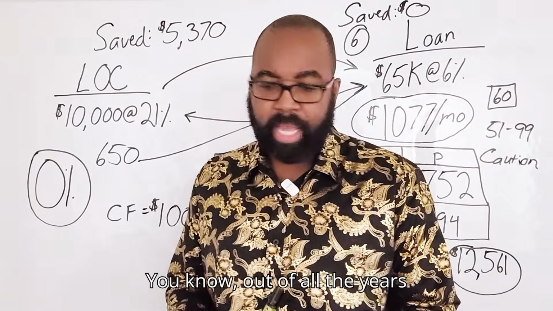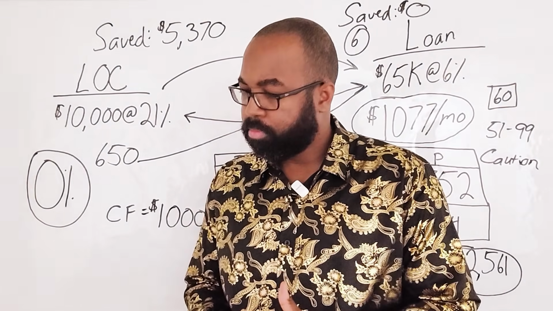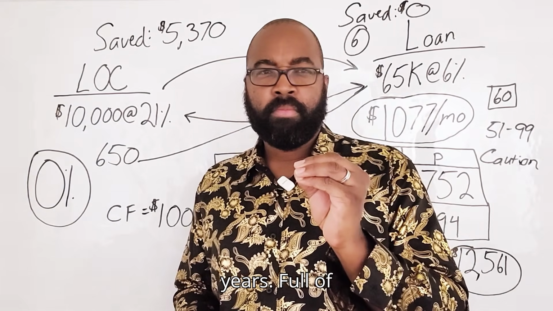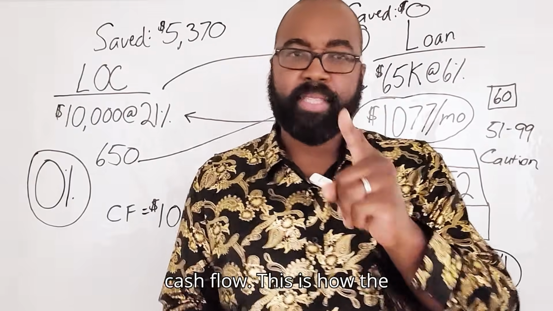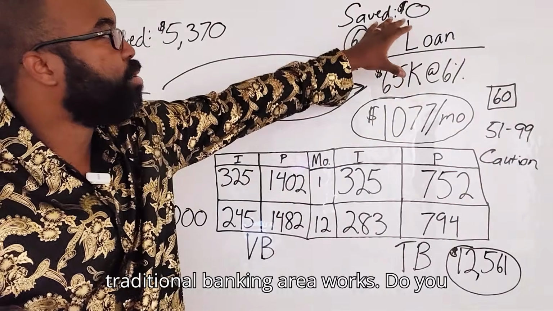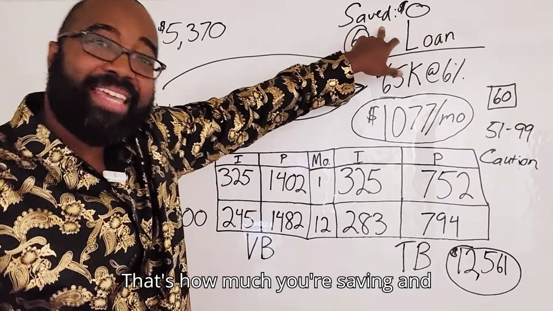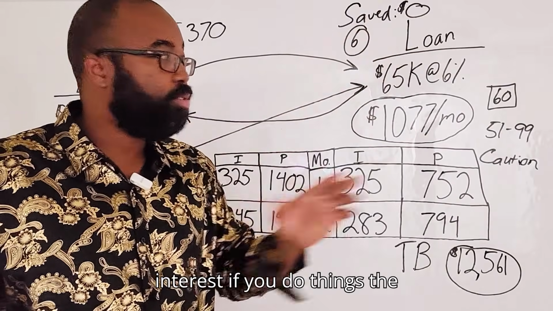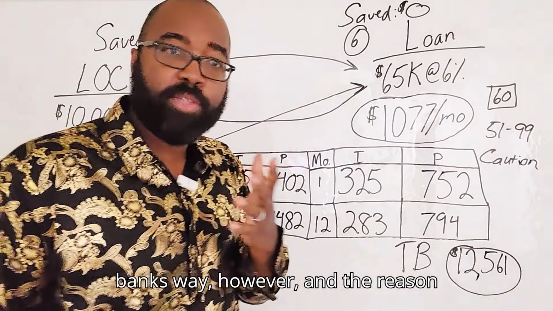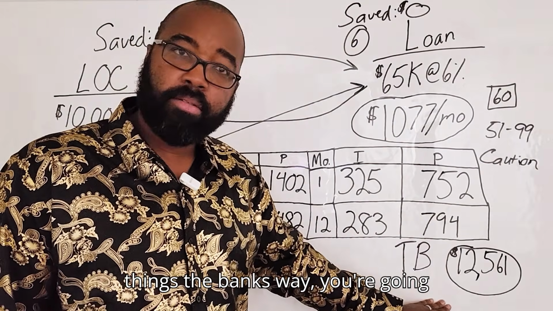You know, out of all the years that we have on the planet, I want you to spend your best years full of cash flow. This is how the traditional banking area works. Do you see this number right here? 0. That's how much you're saving in interest if you do things the bank's way. However, the reason why is because if you do things the bank's way, you're going to be paying in interest, okay,